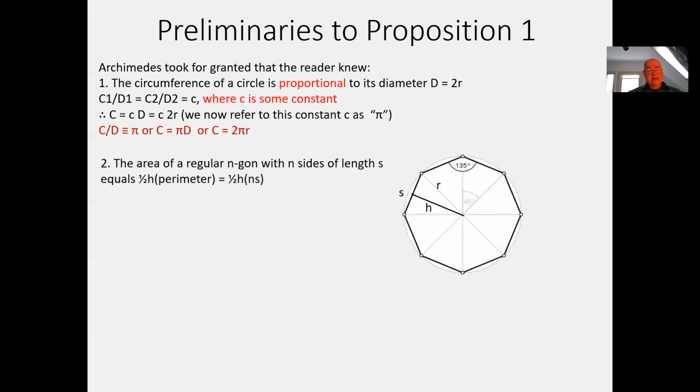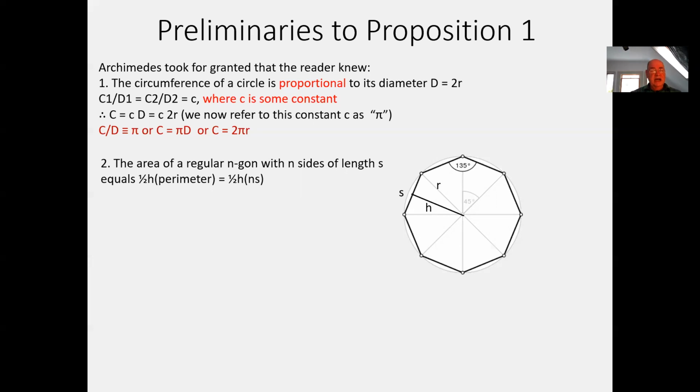So what's his idea? His idea to find pi, this constant, is to work with hexagons and octagons and regular polygons, both inside and outside of the circle. And the more sides that you take, the perimeter of these figures will get closer and closer to the perimeter that we want. Okay, and let's just prove this little formula that the area of an n-gon of n sides